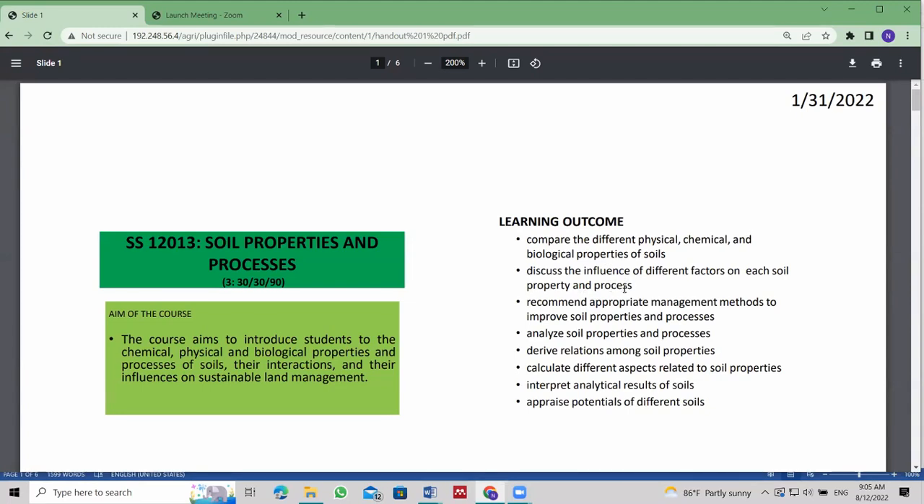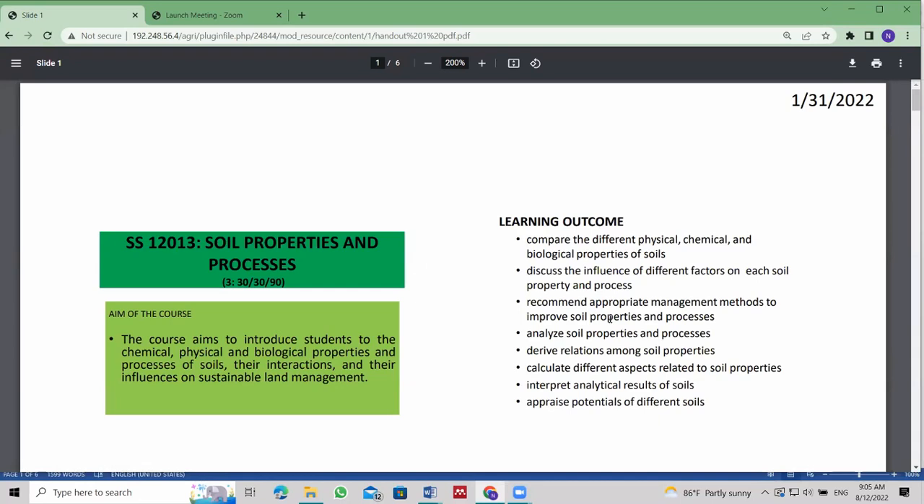So you have studied different soil properties and processes, and you have also studied what are the factors that influence those properties. So you should be able to discuss the influence of different factors on each soil property and process. Then recommend appropriate management methods to improve soil properties and processes. Under each property you have studied how to improve